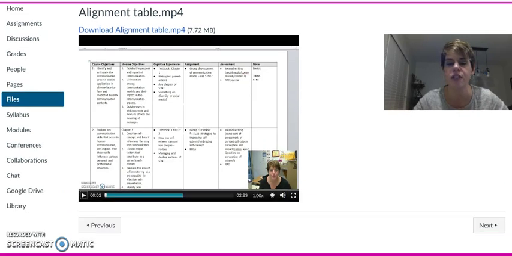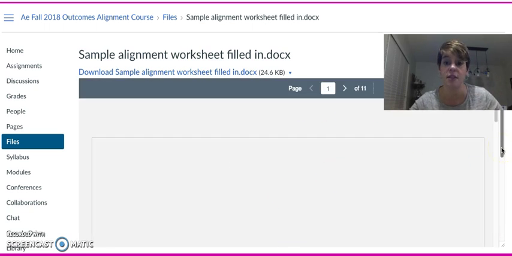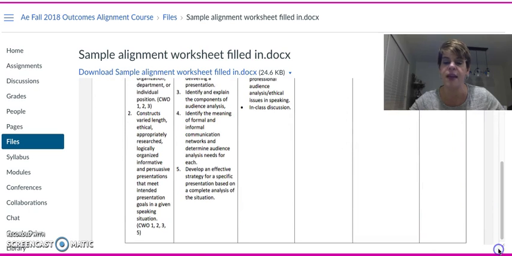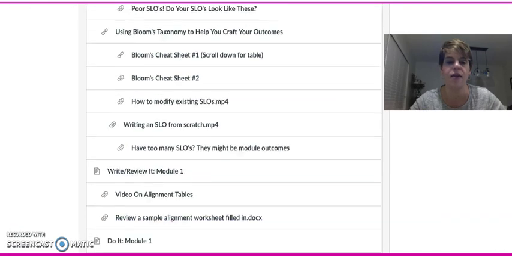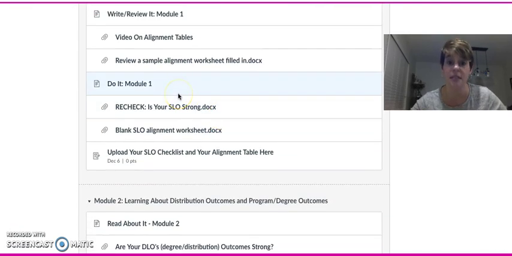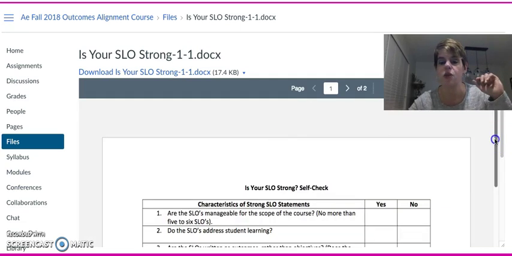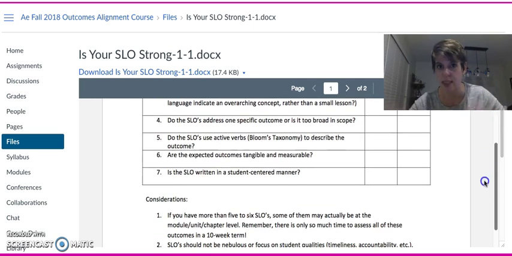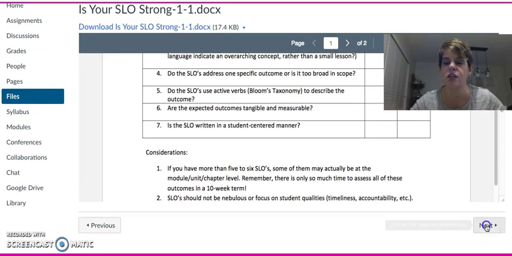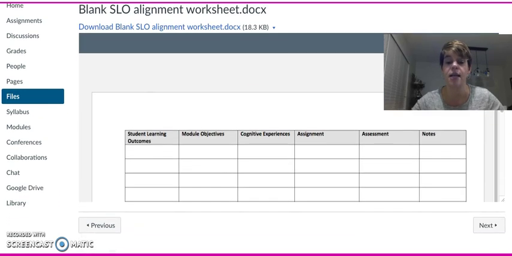Okay, so from here, faculty will see a sample alignment worksheet that's all filled in, and then they will go on to the Do It section. Okay, so Do It, this is the summative section where there will be a worksheet that basically is a checklist that summarizes what faculty already learned in the course, and they can check this off, do a quick self-check before they move on to the next section, and then they will fill out their own alignment worksheet and submit this